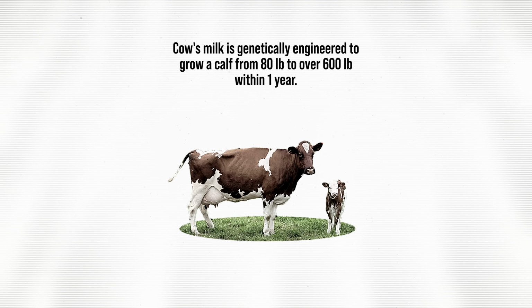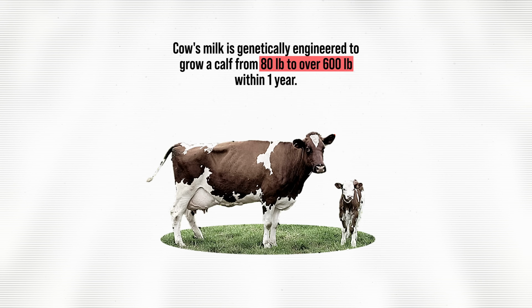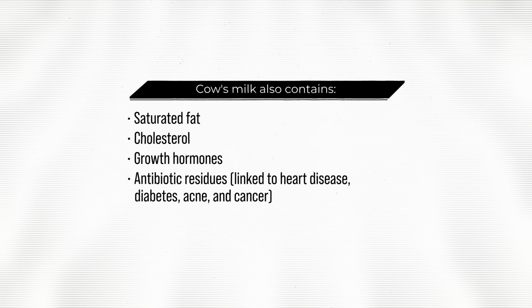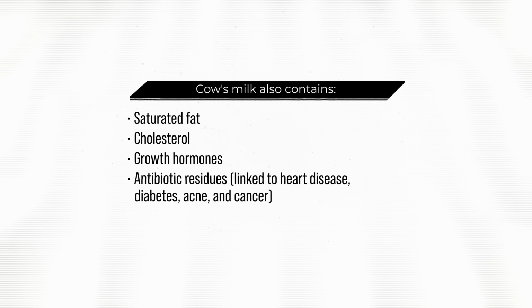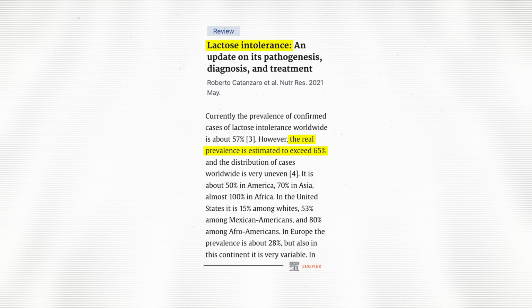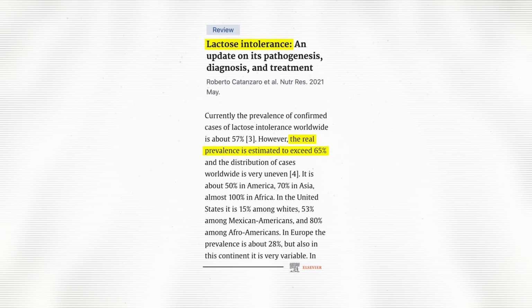It's genetically engineered to grow a calf from 80 pounds at birth to over 600 pounds within 1 year. Cow's milk also contains saturated fat, cholesterol, growth hormones, and can also contain antibiotic residues, which have been linked to health issues like heart disease, diabetes, acne, and cancer. There's a reason more than 65% of people in the world are lactose intolerant. Most humans stop producing the enzyme needed to digest lactose after infancy because we aren't meant to drink milk intended